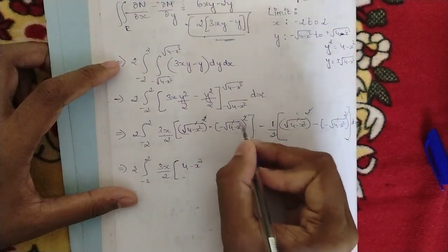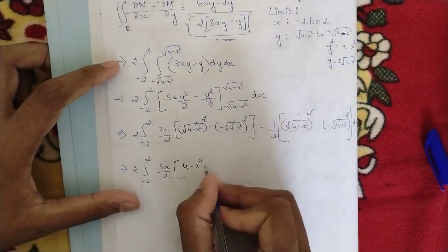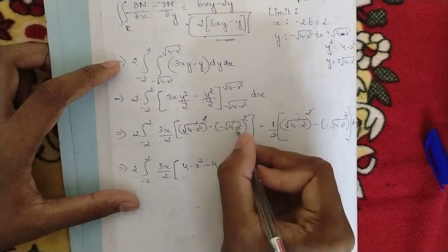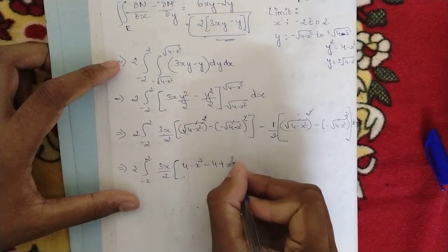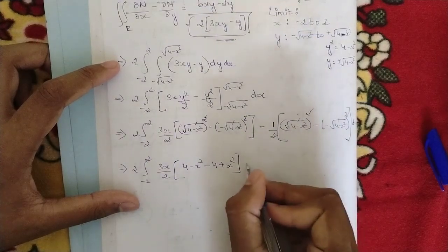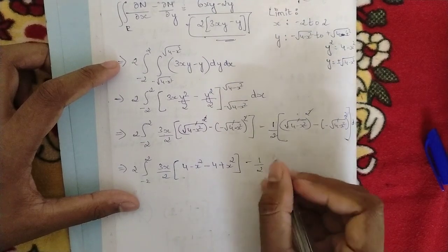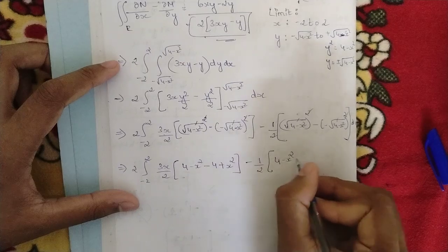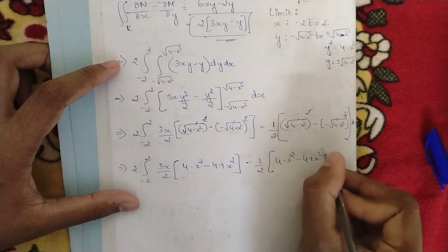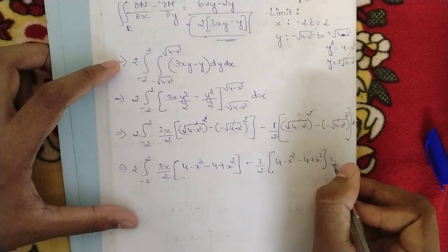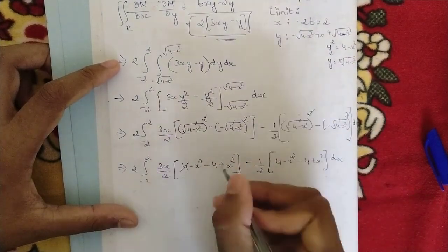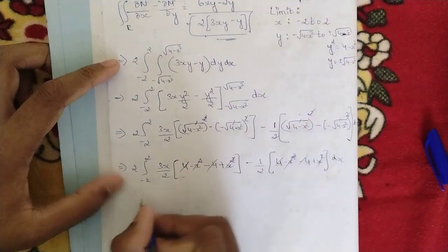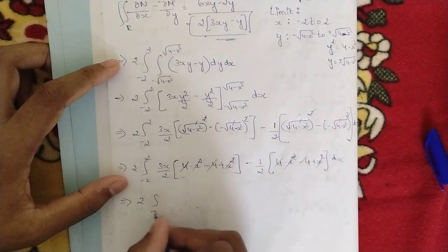Here when we do the whole square part, this negative sign also goes, so we are left with minus of 4, and negative sign into negative here, so this would be plus x square. Here also minus 1 by 2, the same thing, 4 minus x square minus 4 plus x square, dx. So 4 minus 4, and minus x square plus x square get cancelled, so you would be left with